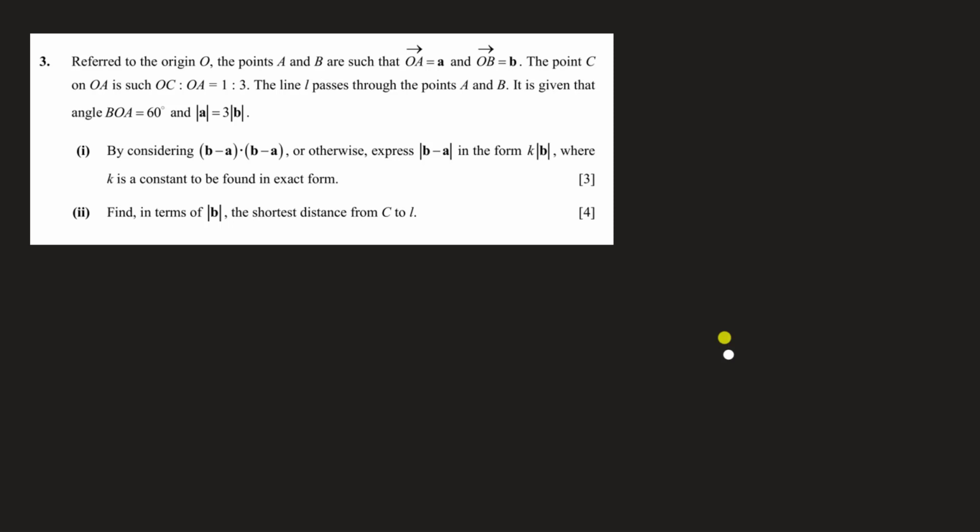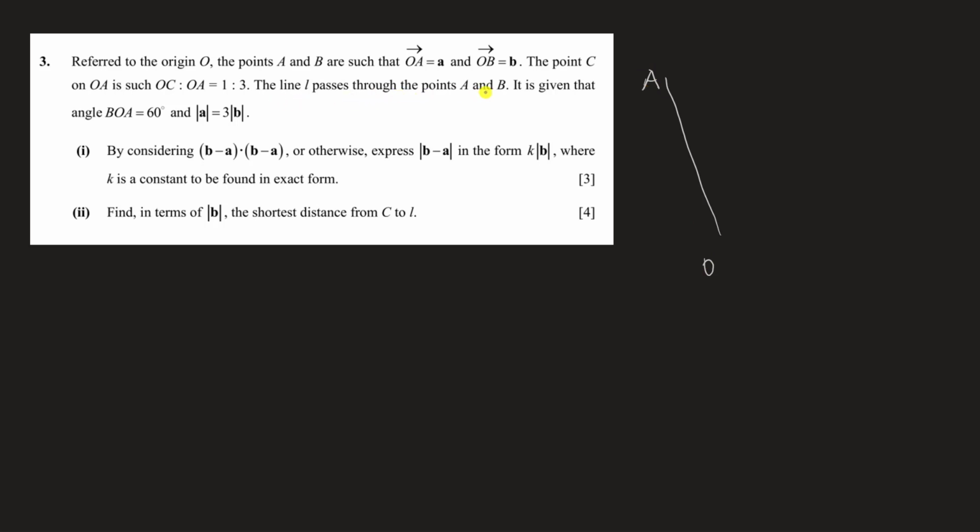Here we have question 3, the vectors question. This is a purely algebra question. You don't have to visualize any lines, you don't have to visualize any planes. Refer to origin O, A and B is such that OA is A, OB is B, point C is on OA, such that the ratio of OC to OA is 1:3. So you have OA,